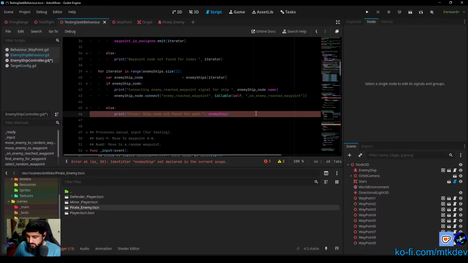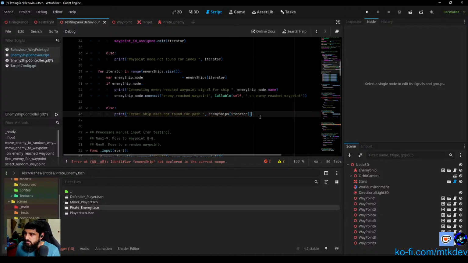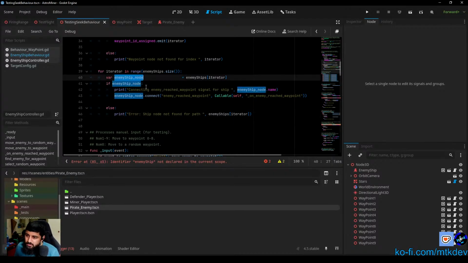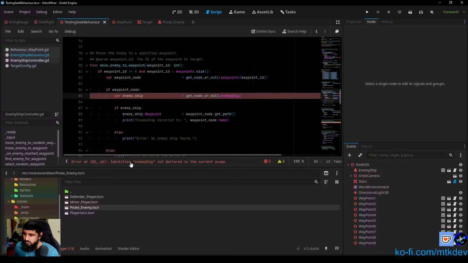Enemy ships at iterator. Yeah. Well, I mean, enemy ship node is the same thing, right? Enemy ship set iterator is enemy ship node. So that, okay. Enemy ship is